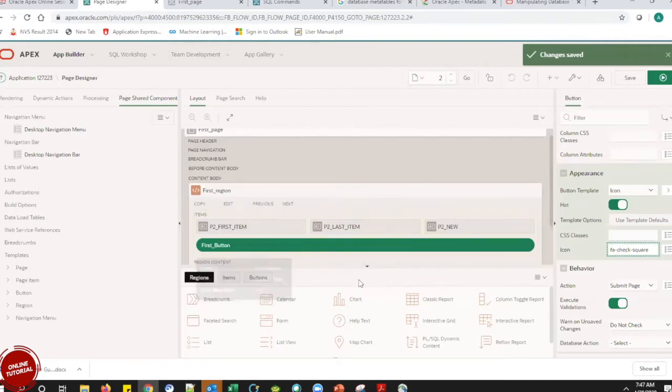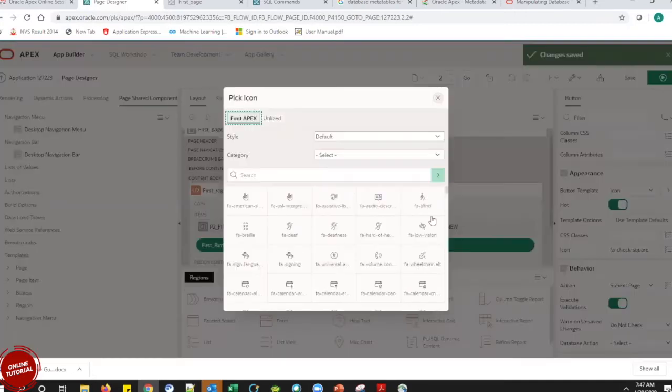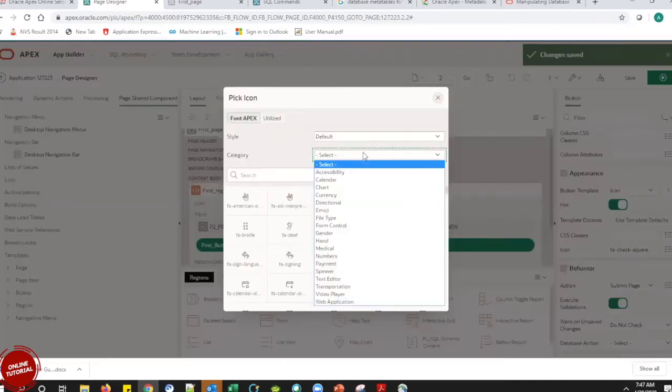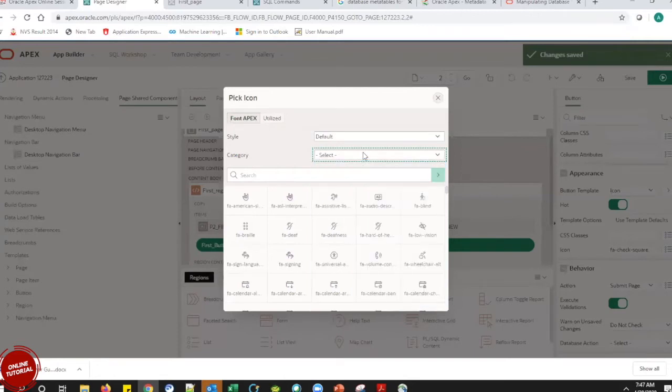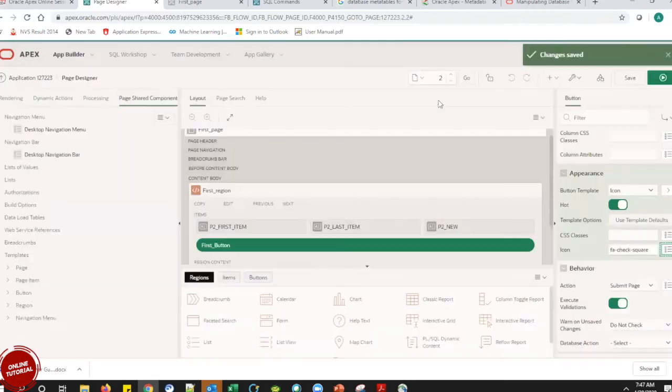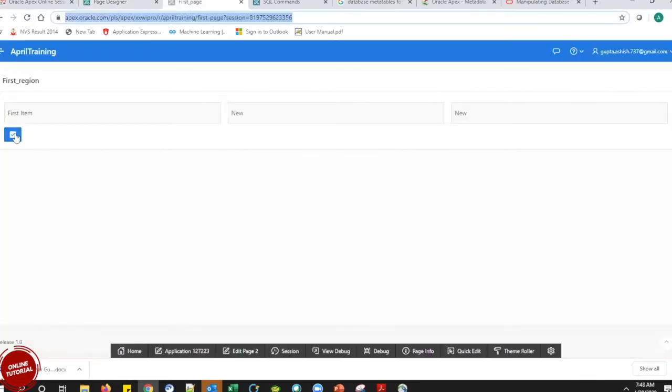So I was just talking about the icon. We can choose whatever icon we want from this drop down, and we have a specific category for that. Or we can just search if we know exactly what we are looking for. Once done with the selection, we click on save and run it, and we can see it in our page.